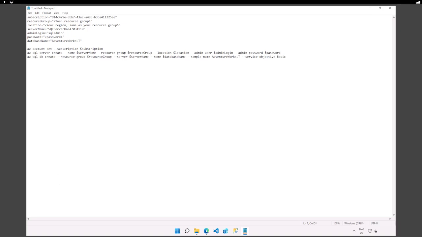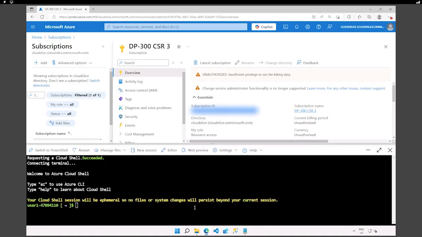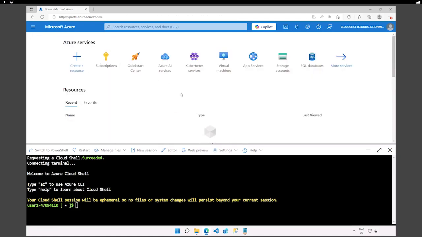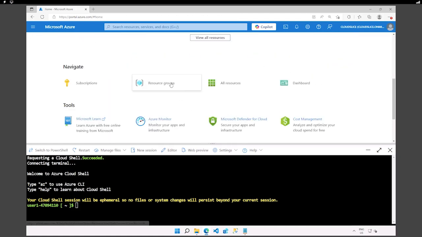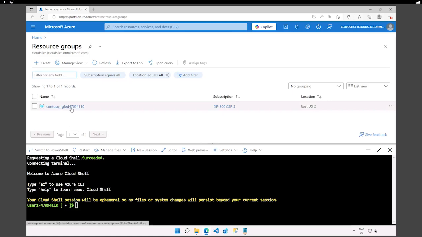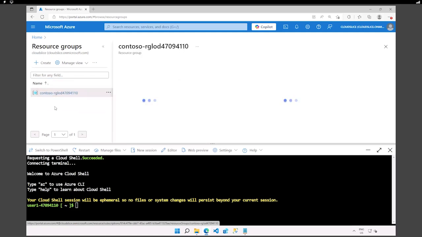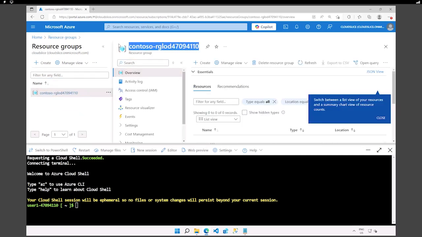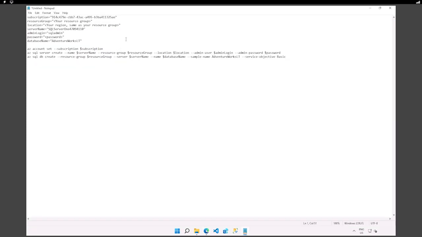Then we need the name of the resource group. Going back to the root here, resource group, we should have one that's already provided. Pay attention to the location. Again, this one is being deployed on East US 2. I'm going to leverage this as well. So I just copy the name of the resource group itself. When you work with scripts, once again, be careful with the bracket and the quote. I don't need the bracket, I just need to keep the quote. And be mindful about any space, because if I have a blank space here, potentially that would impact my command.